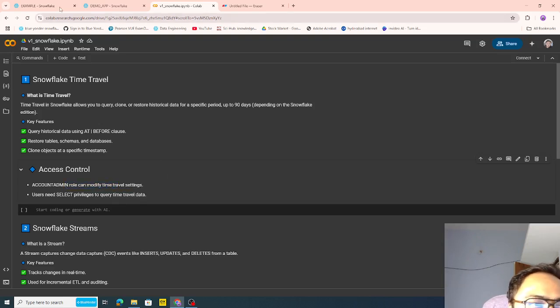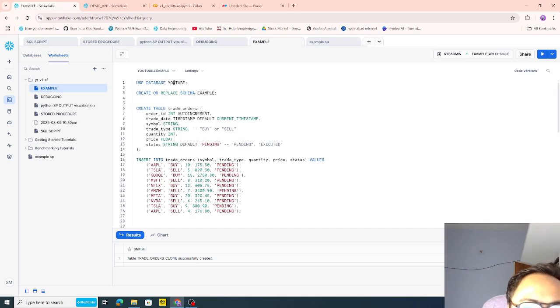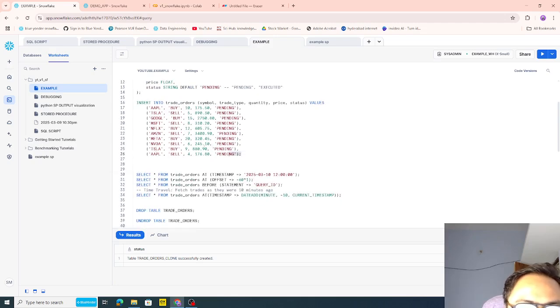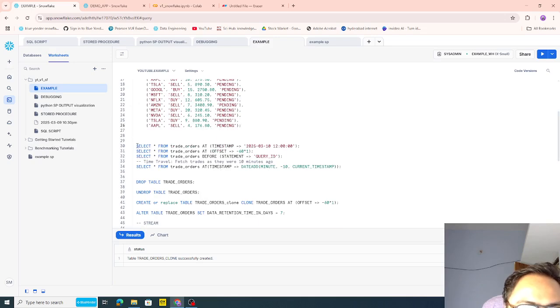Okay, now let's quickly see an example of time travel. So let's say I'm using this database named YouTube, and you are going to create this example schema, and let's say then you are creating one table like this trade order, where we are passing these attributes to the table, and then you insert some data here. Okay, now your table is ready, right? So if you query the data, you should see some records, right? So I'm just querying this part,